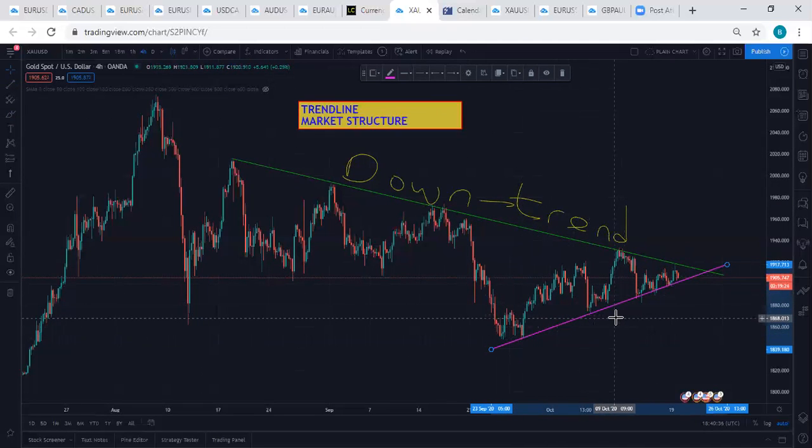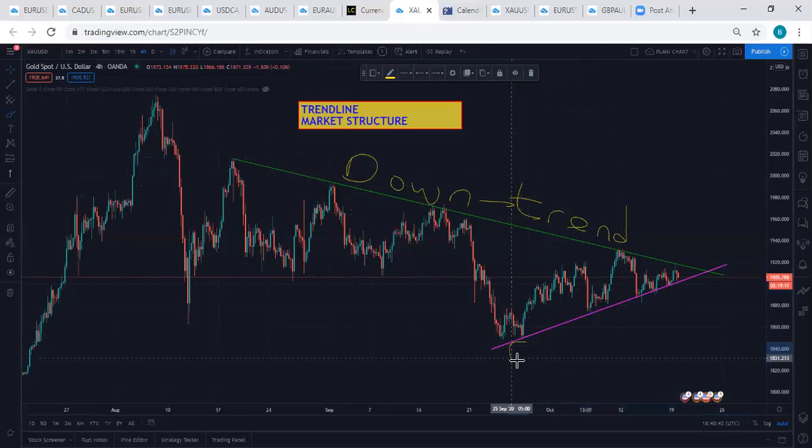Now, how do I draw it? I just need 2 points. This is point A, so that you will not be waiting. I need point A, and I need point B. Once I get these 2 points, I draw my line using these 2 points. Let's say all these ones have not happened yet. Once I get point A and point B, I use them to draw my trend line. Make sure it's just touching it at the peak, or it just goes in a little bit. Point A and point B.